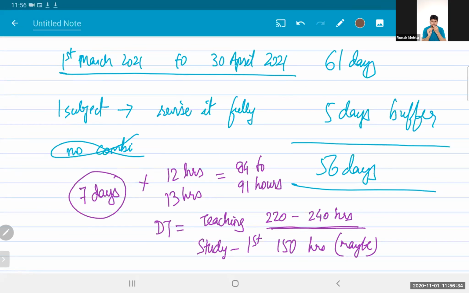Whereas in my plan, you have March and April, and for each subject you are giving 7 days of revision. Yes. Now in those 7 days you can incorporate all the deficiencies in your first study and all the deficiencies in your paper writing, and cover them up. Any shortcoming or deficiency that you had in the first study and in the paper writing can be covered up. You have time to cover it up.